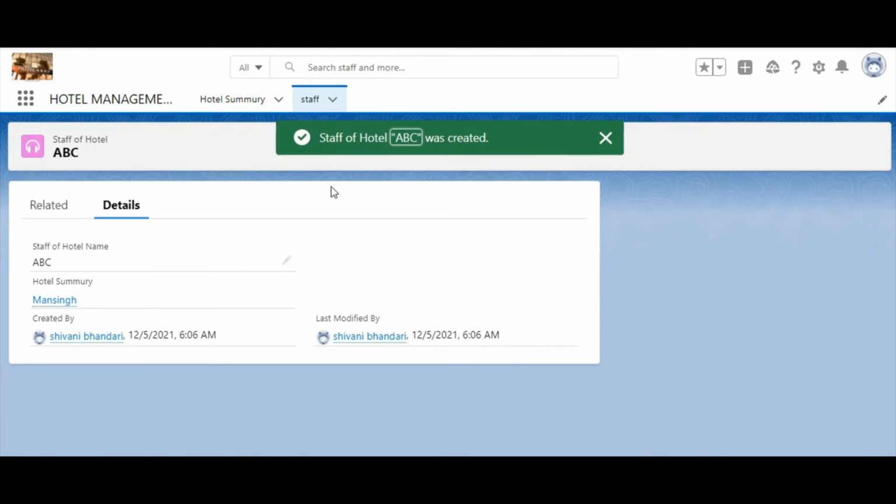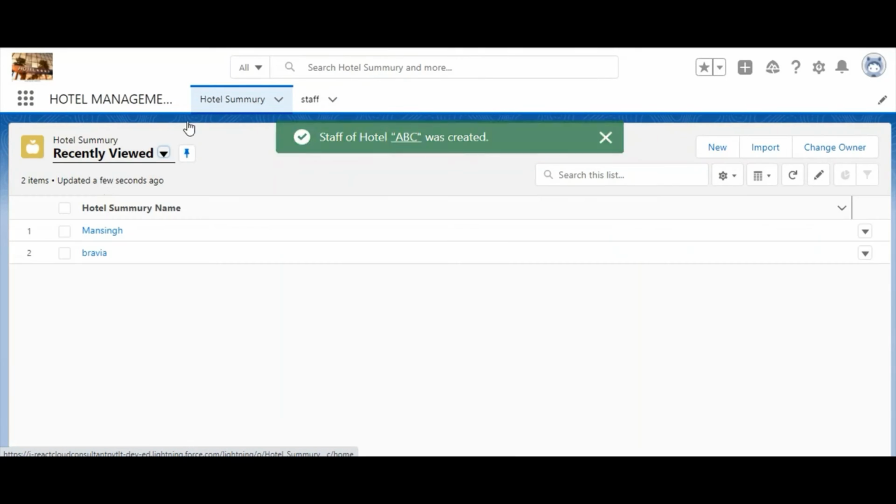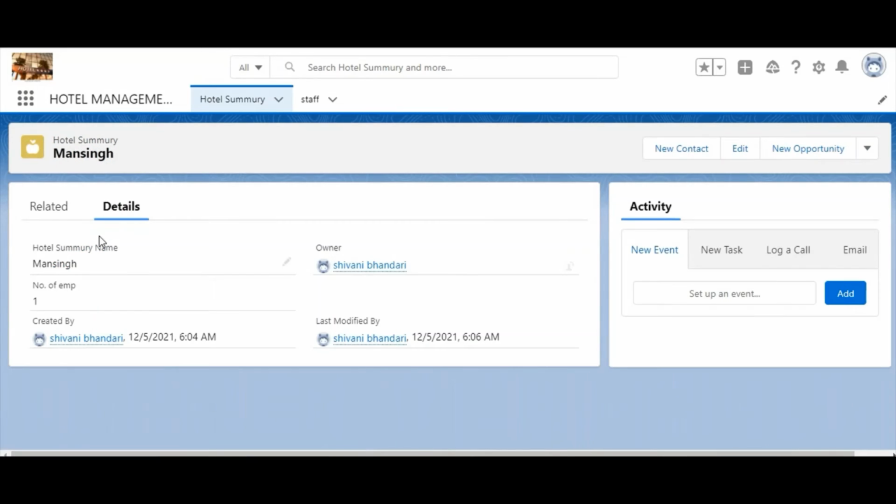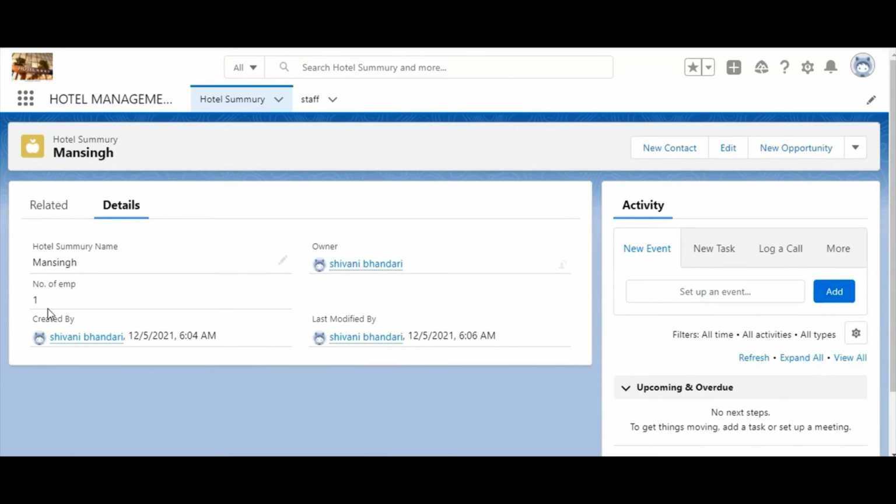And save. Here we'll again click on hotel summary and click on Mansingh. Here we can see that Mansingh also has number of employees as 1.